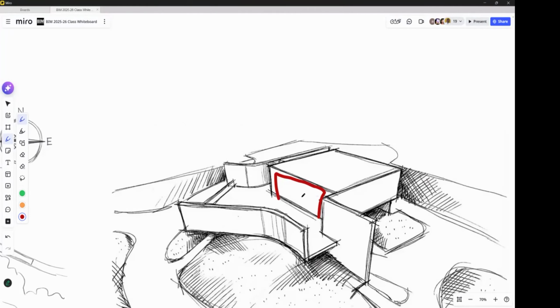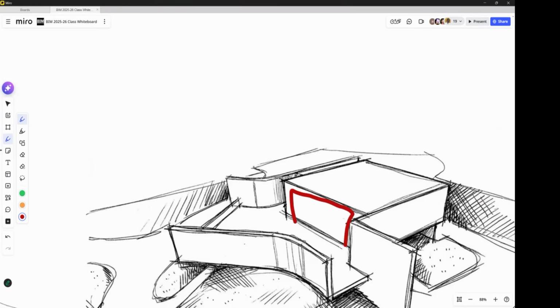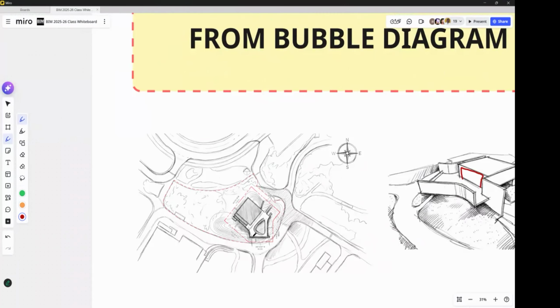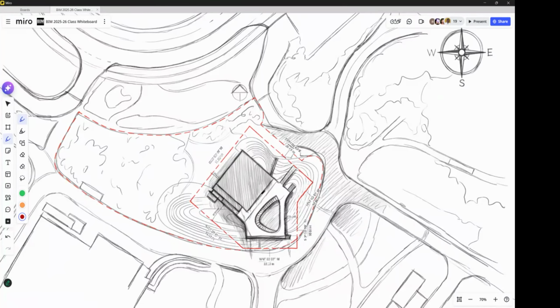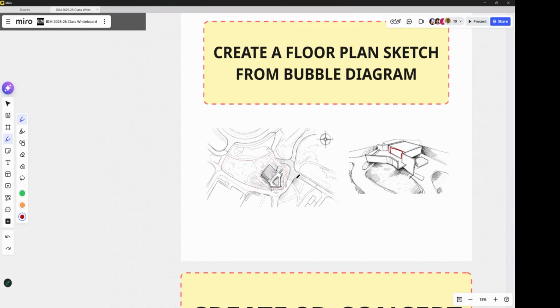And this is why we do solar studies, to have an idea of how the sun acts on this building. Right now, I'm positioning the building like this, but suppose I really needed to position it like this, based on how the sun will act on it. So this is an exploration of your model.